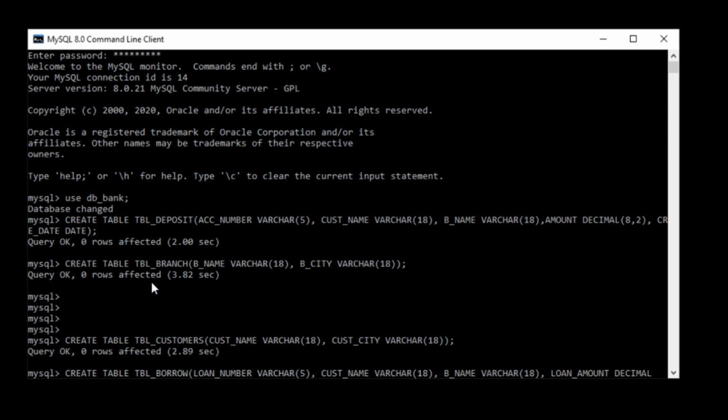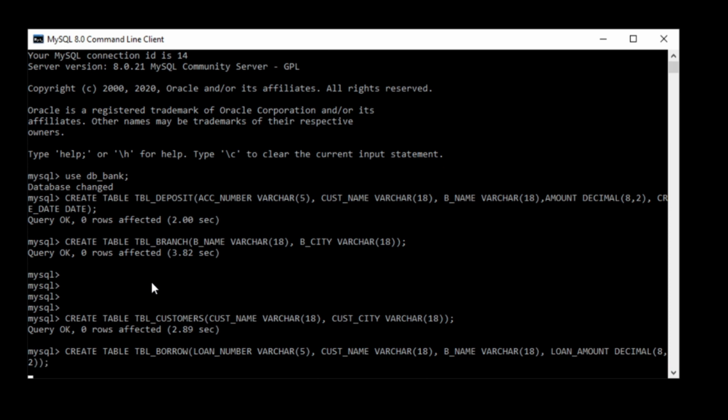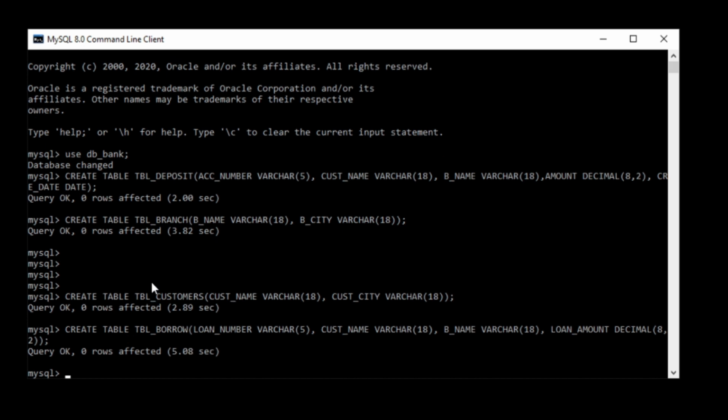The data type is decimal. Okay, now my fourth table is also created. Now my second practical is completed.